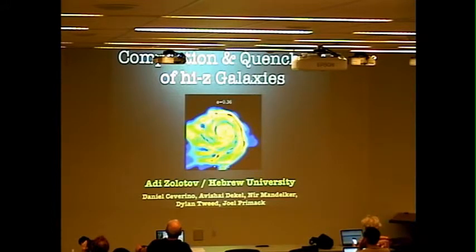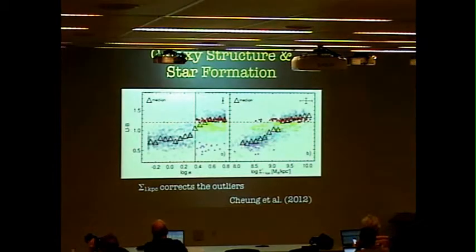So I'm going to be talking about compaction and quenching in high redshift galaxies. And I'm hoping that this will be a nice complement to Guillermo's talk, because I'm going to be talking about the theoretical side of these issues, which we just started discussing here during the discussion session. Because Guillermo gave that really nice introduction to the observational side of things, I won't dwell on this too